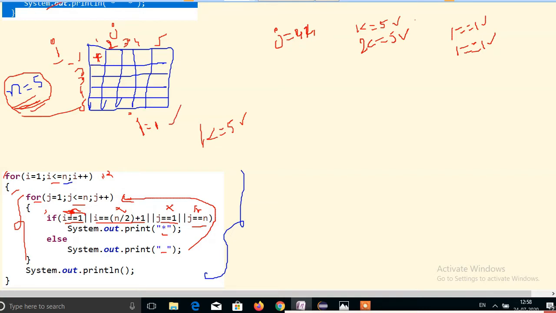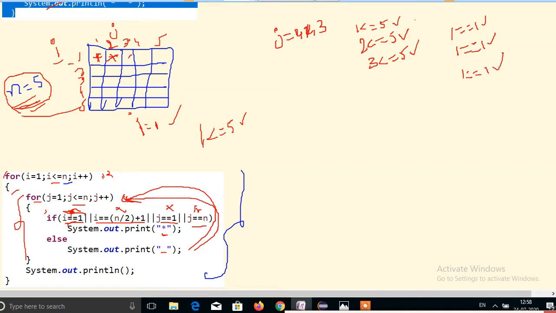Condition true, so the star will be printed. Again the j value is incremented by 1, that means 3. 3 less than or equal to 5, condition true. It will check the if condition again, I double equal to 1. The I value has not changed, 1 double equal to 1, condition true.